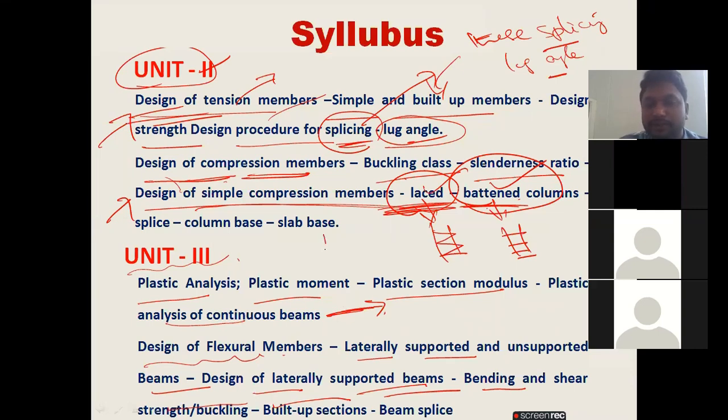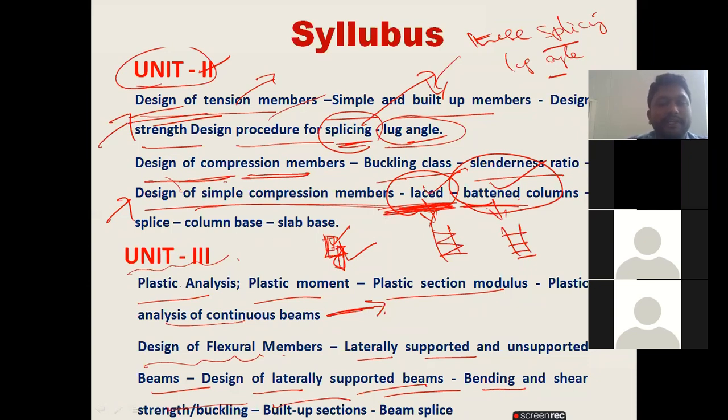See like this. Suppose there is a beam, and again there is a beam. When two steel sections are attached like this, there is a splicing or a built-up section. Anyway, I will explain in detail. I will show all the diagrams for each one. For example, there is the term laced. What is laced? I will show the member. Okay, if possible, I will take all of it to the industrial tour also.